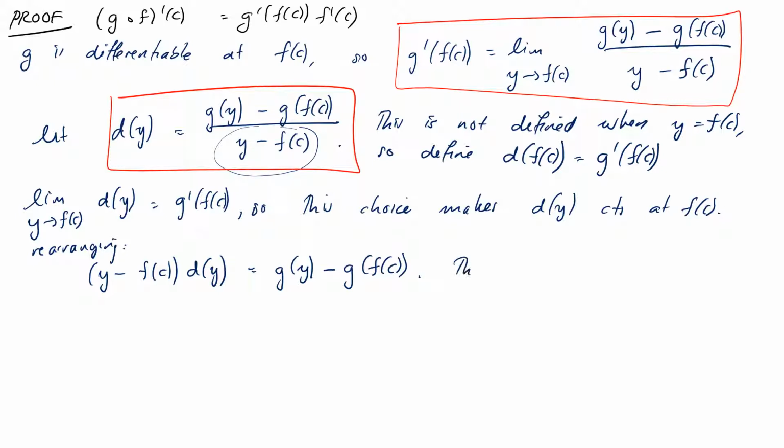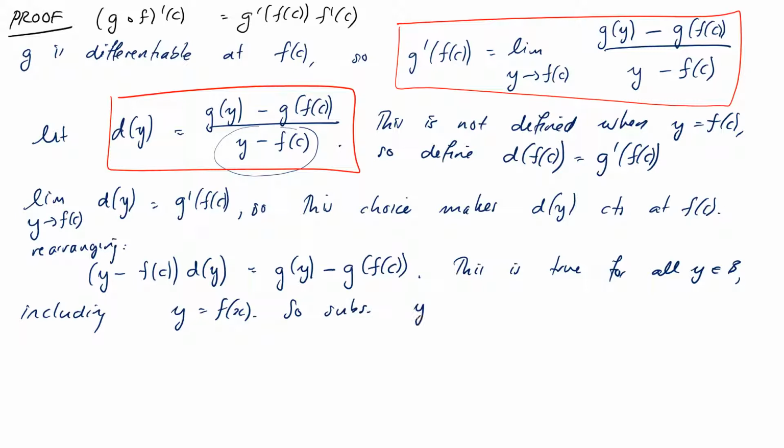This is true for all y in B, because we now have got rid of the bottom of the fraction issue, so that's all good. B, remember, is the set of inputs into g, and it also contains the range of f, so this also includes y equals f of x. So substitute y equals f of x, and we get, I'll write it the other way around, g of f of x minus g of f of c